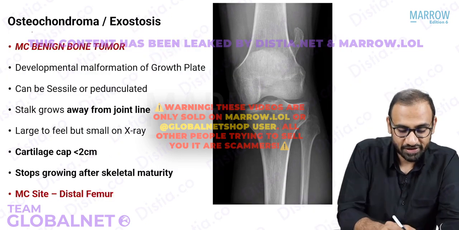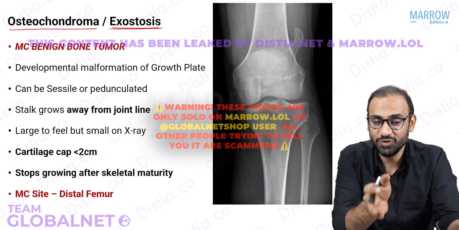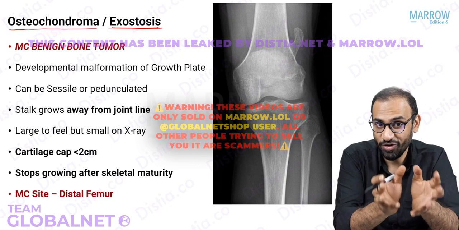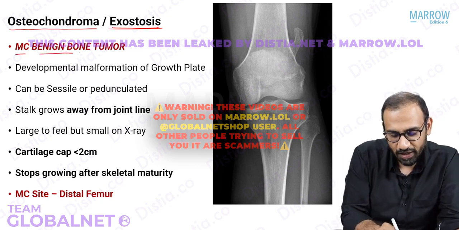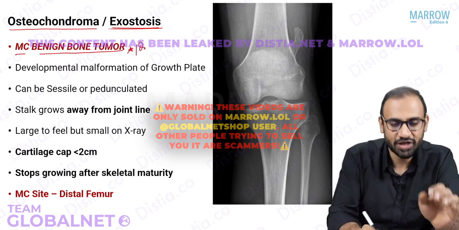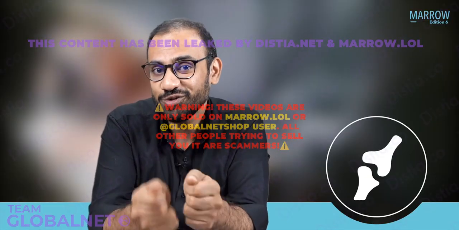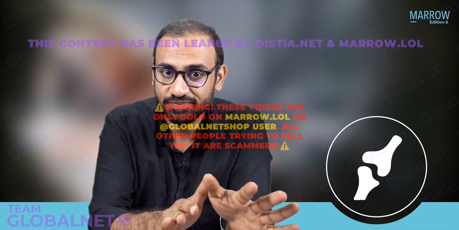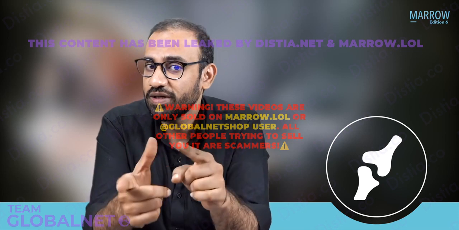Now the next topic we are discussing is osteochondroma, the one which was between tumor-like lesions and the actual tumor. Okay, so that orphan lesion that was sitting between the two. This is the most common benign bone tumor. Please remember this very, very important question. It is the most common benign bone tumor. But please remember, it is not an actual tumor because it stops growing after skeletal maturity. And since it stops growing after skeletal maturity, it cannot be a true tumor.